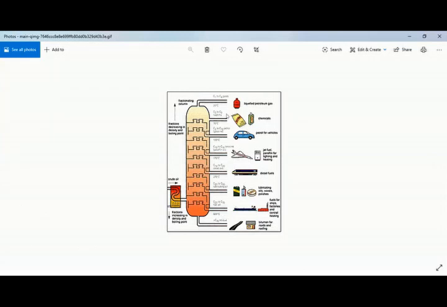So when I put in the petroleum mixture, each component starts to evaporate at a specific